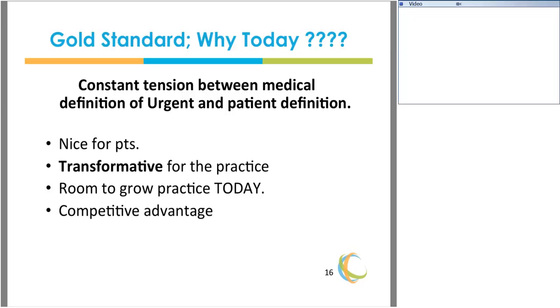In our wisdom, whether we're doctors or nurses or medical assistants, we have a sense of what qualifies as an urgent appointment, which needs to come in today, versus a routine appointment that can wait. The problem is that medical definition simply doesn't match up consistently with